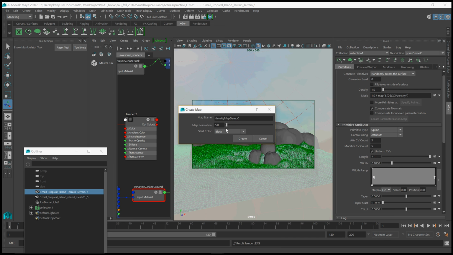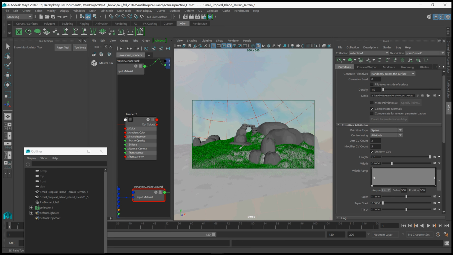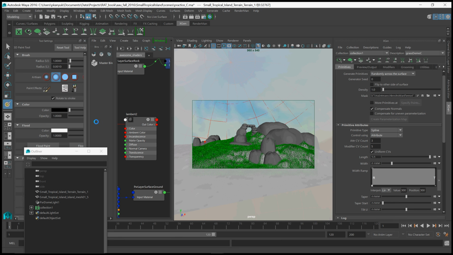Map resolution has to do with the ptex file that's going to be created by XGen. So even though we're actually going to be painting in UV space underneath the hood, XGen is going to create ptex, or per face texture. This again sort of shows the Disney heritage of this tool. They love ptex, and there are some very good things about ptex that I won't get into right now, but that's sort of what this is talking about. How many texels per face, I believe. So let's go ahead and create that,